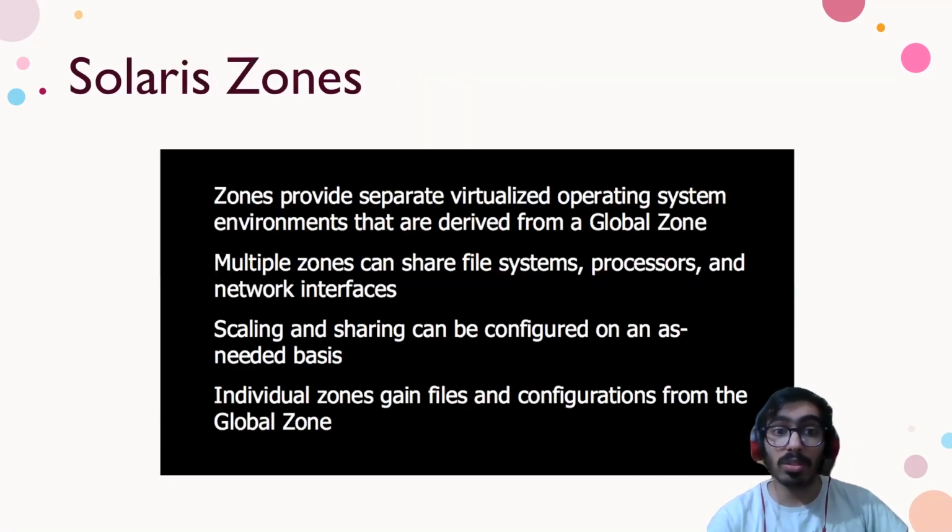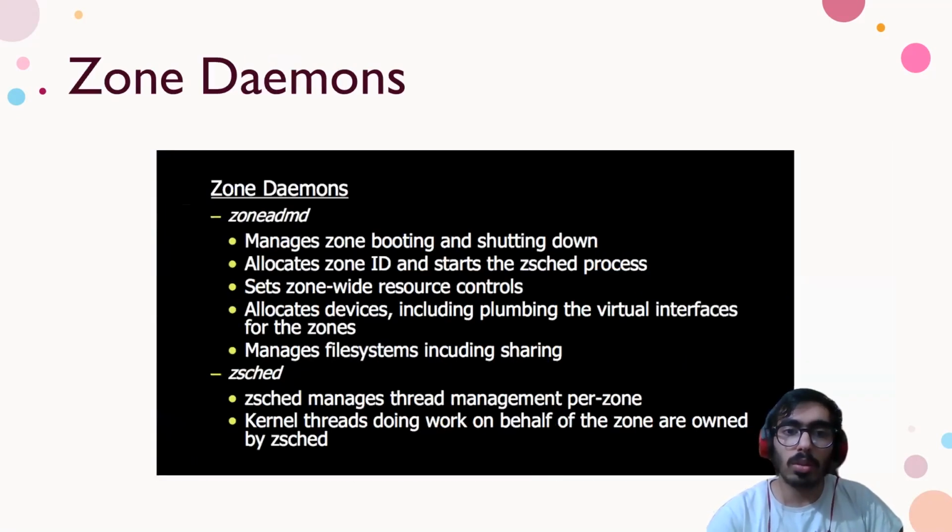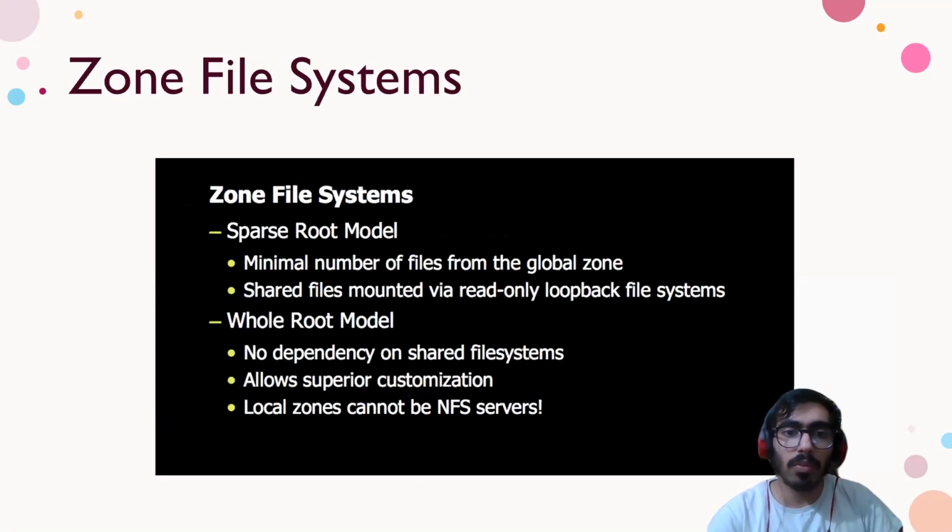So this is one example, the Solaris Zones. It's present in the Solaris operating system. It's widely used in servers, but not so much by consumers. So these are the zones. Every zone contains a separate container. By default, there's only one global zone, so that it performs as a normal operating system. OS level containerization is built in to Solaris. So these are the same things, daemons and the file system, and how it performs with containerization.